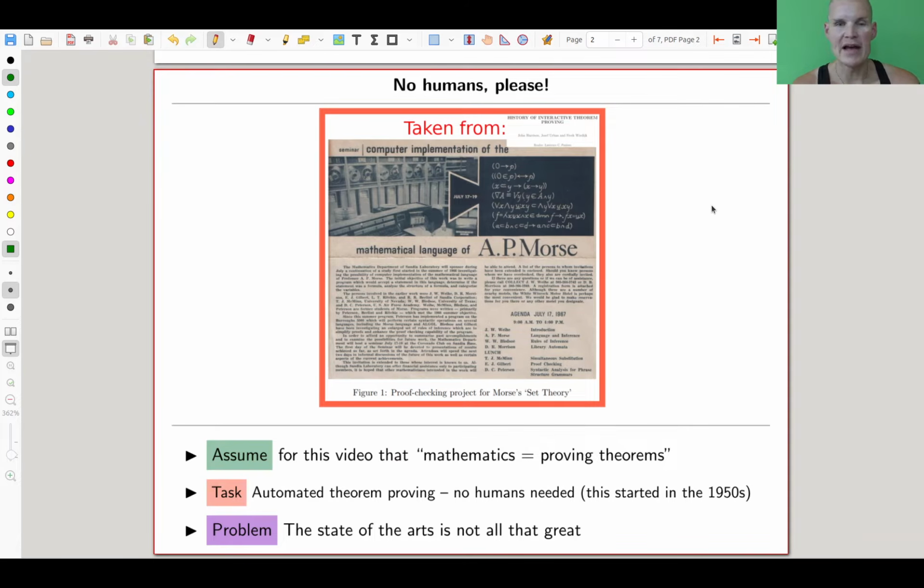But anyway, as a mathematician, you should work on yourself, or you should work to replace yourself. So kind of no humans, please. In particular, no mathematicians, please. The biggest bullshit job ever.